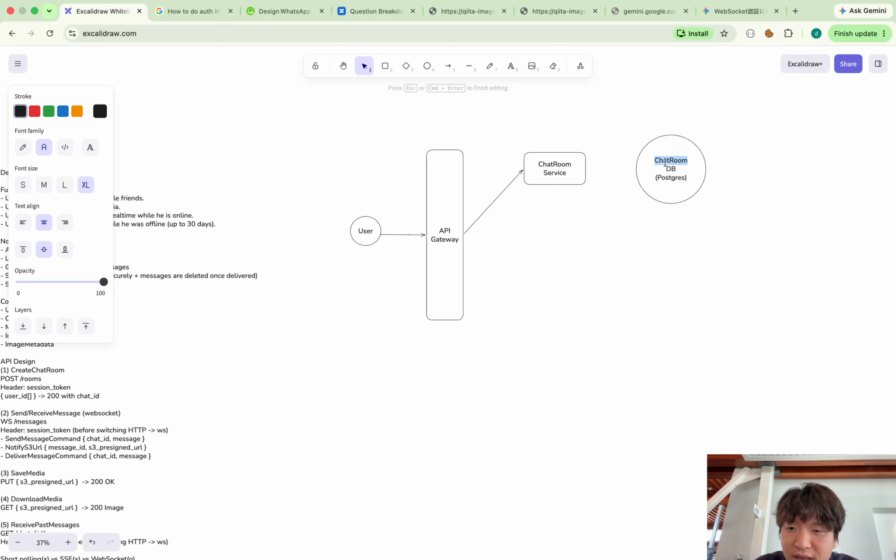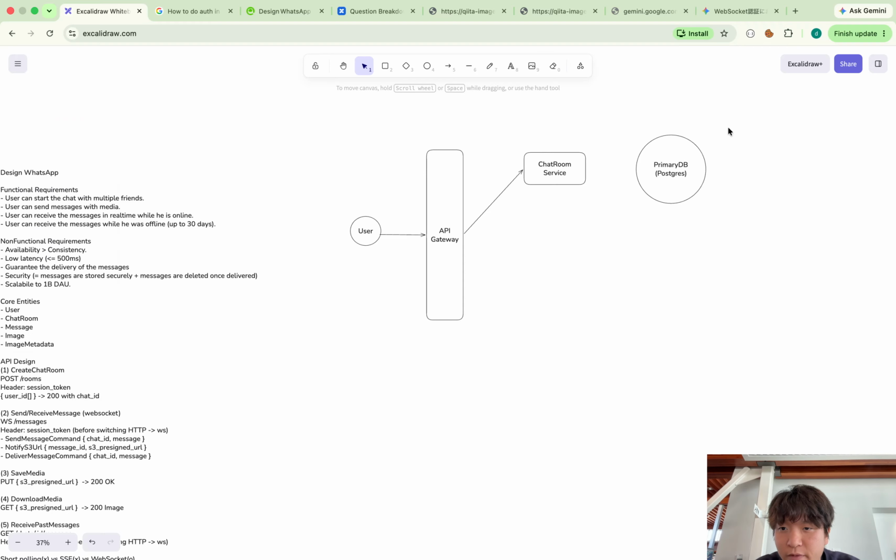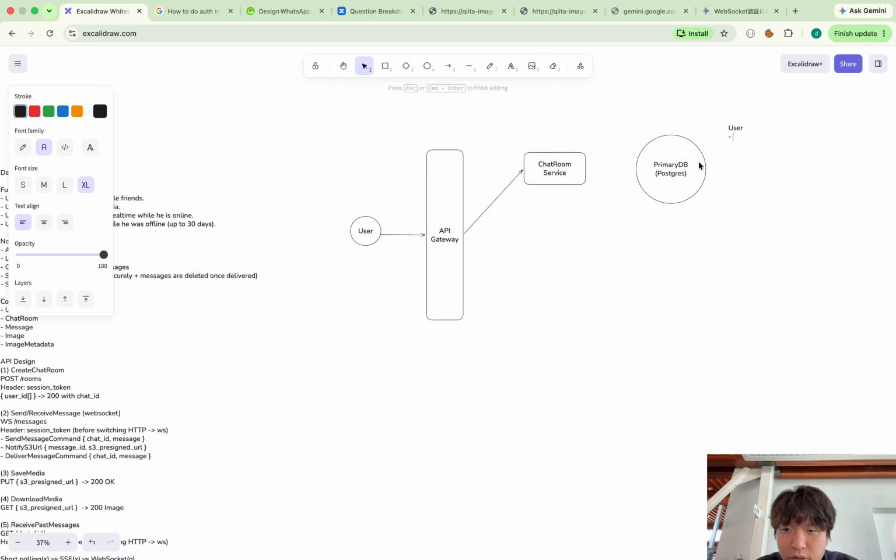And because, as I said, we want to store the chat room data and also user data here, we call it primary DB. So we store user data and chat room data.